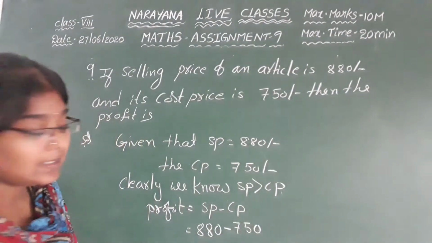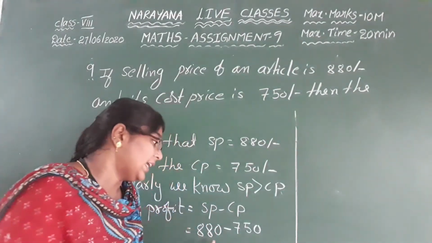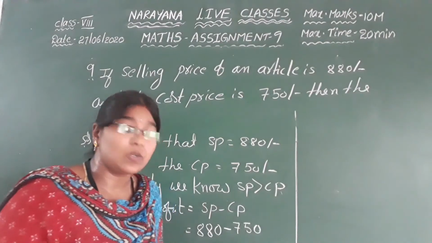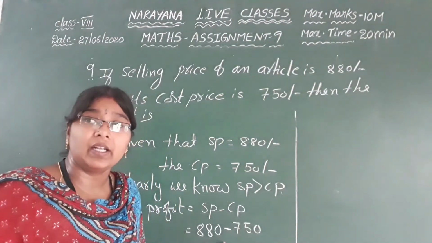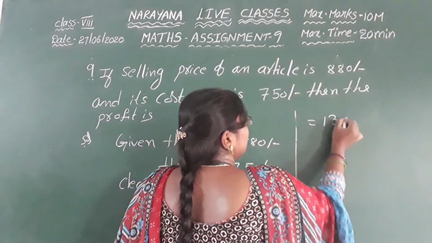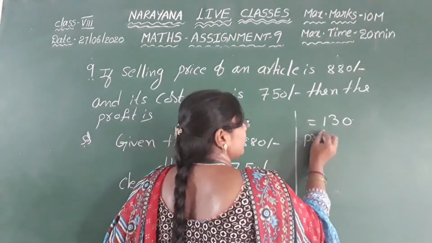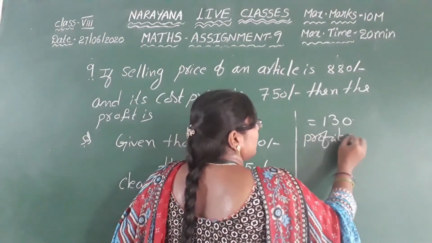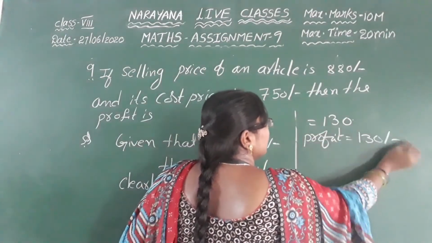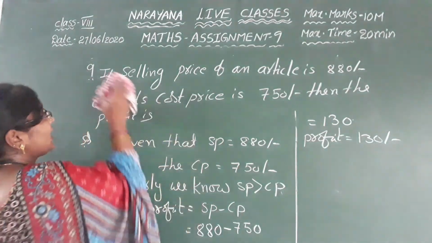880 minus 750 is equal to how much we got? 130 rupees we got. So the profit is equal to 130 rupees. Okay, the profit is equal to 130 rupees. And next, the last question is,